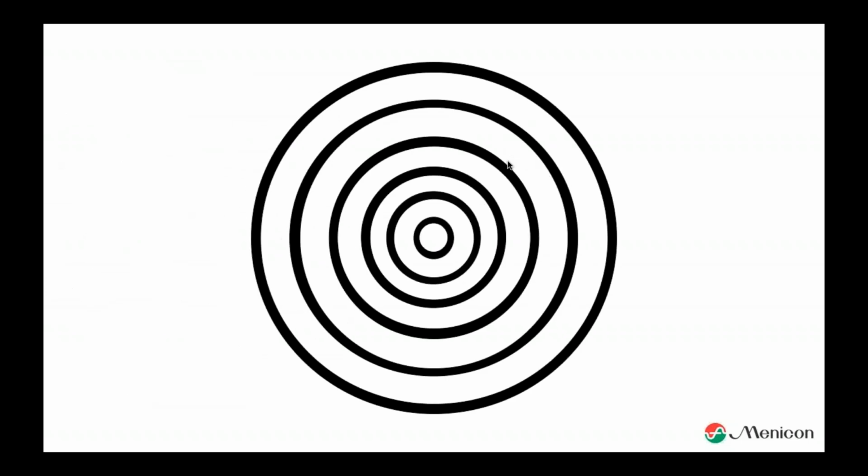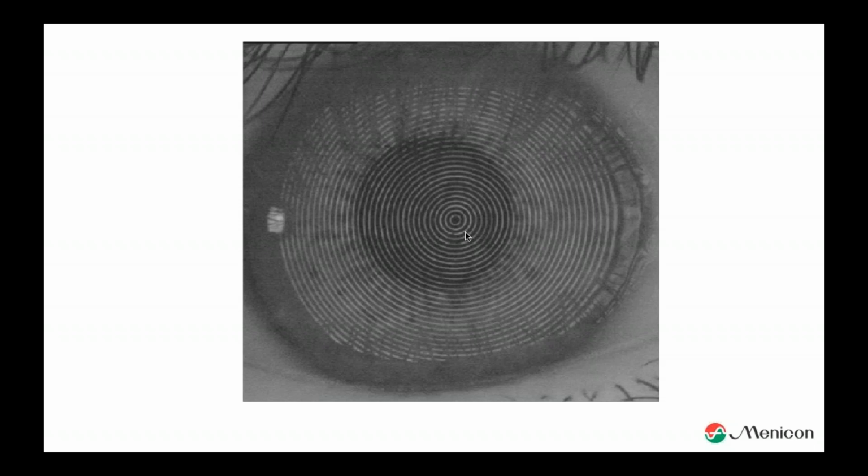Of course, we all know the Placido discs. All the reflection topographers have Placido discs. We know how to turn it on, but most of the time that's it. But what are we actually doing? Well, all the circles of the Placido disc are projected on the eye, and these circles are perfect. They're perfect circles. We put it on the eye, but we create reflection, and the topographer device